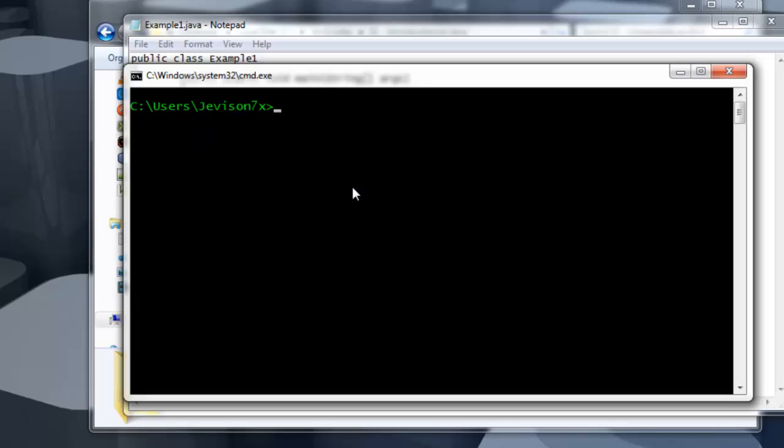You have to change directory. We are actually in the C:/user/Jefferson7x directory, which is my user's home directory. So we have to change directory using the cd command. I'm going to change directory to C:/Java codes